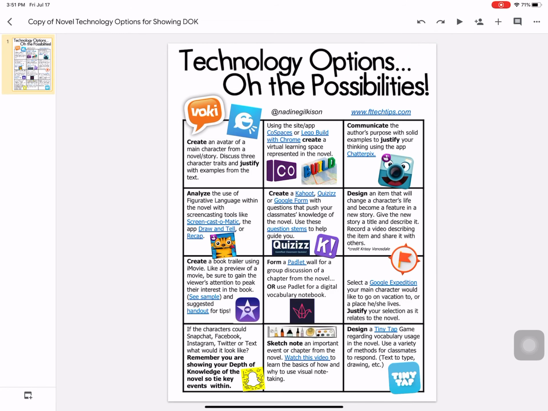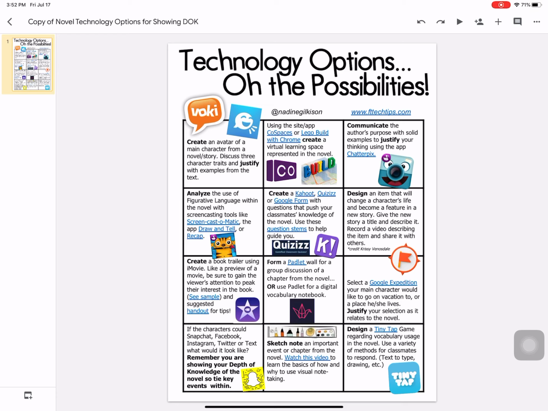Hi. So today I'm going to talk to you a little bit about HyperDocs. HyperDocs are the 2020 version of a WebQuest. So WebQuests, we know, are explorations using the internet, while HyperDocs are a little bit more compact in the sense that all of the information that students need to explore a particular topic is on one